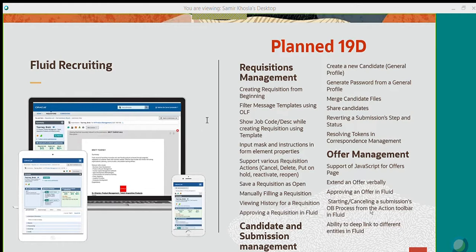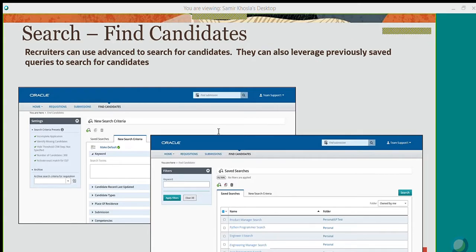I talked about this one, which is starting and canceling a onboarding process in Fluid. Another big one that I heard a lot, ability to deep link to different entities in Fluid. This is another one that I heard a lot in terms of my workflow actually includes deep links, and that's something we now have in Fluid as well. We can start a new candidate. So if you just want to create a new general profile for a candidate, that's something we can now start in Fluid as well. So with that, let me actually dive into some of these features just from a UI